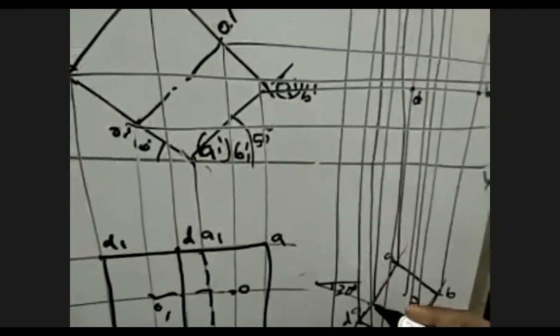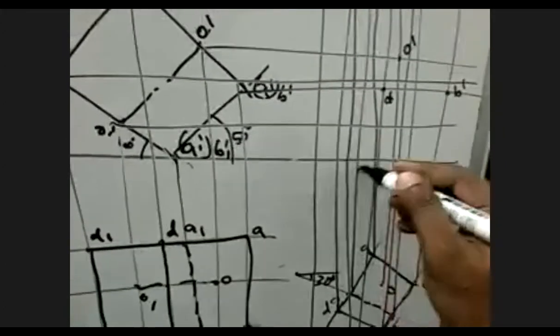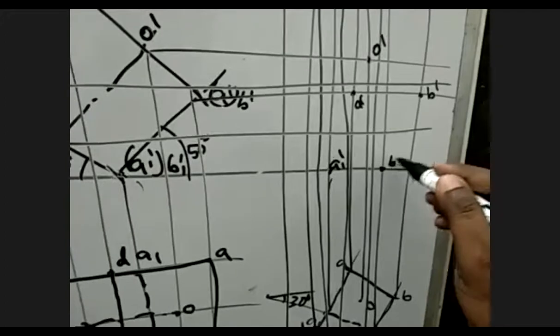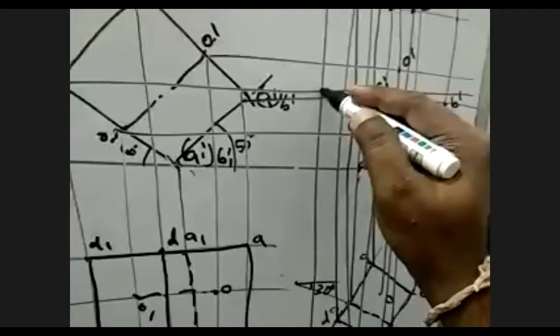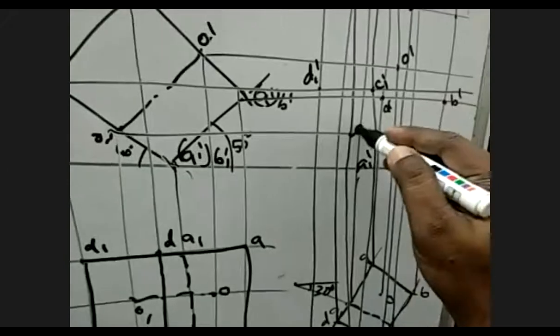D point, yeah, D point is over here. So this is your point D dash. O dash in the middle. So this is O dash. Same way, A1 point is over here, A1 dash. B1 point is over here. This is B1 dash. C1 point, it is over here. So this is C1 dash. D1 point, it's over here. So this is D1 dash. O point, it's over here.